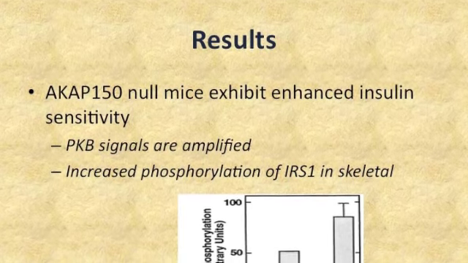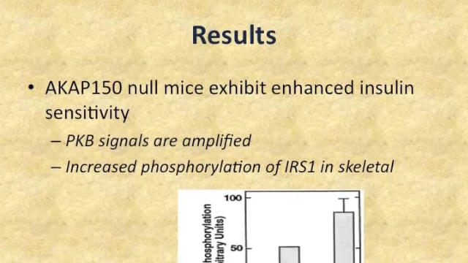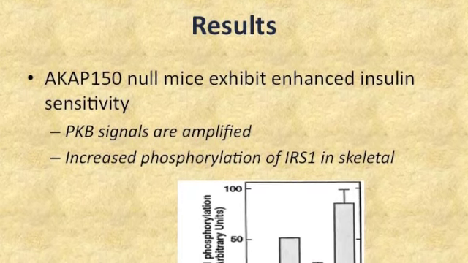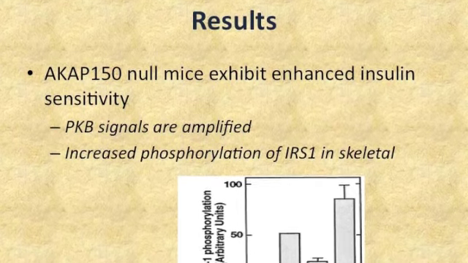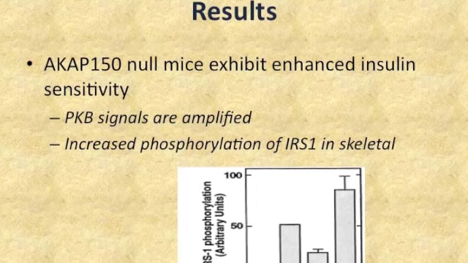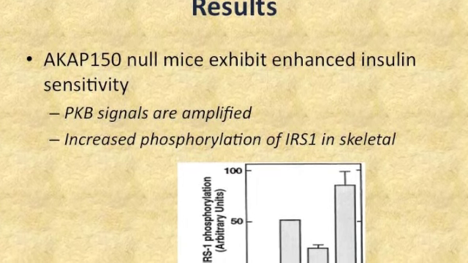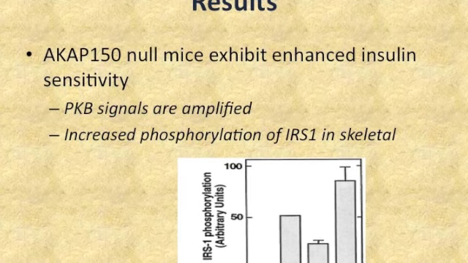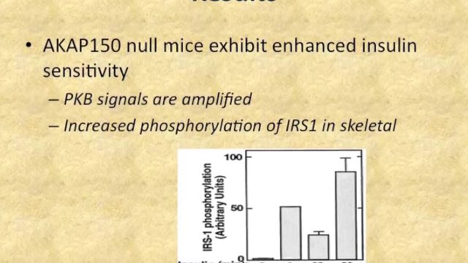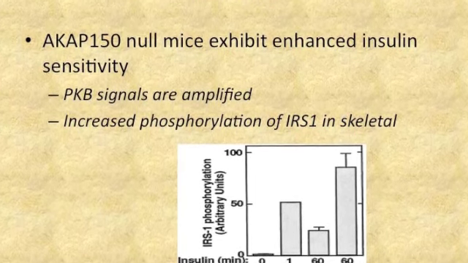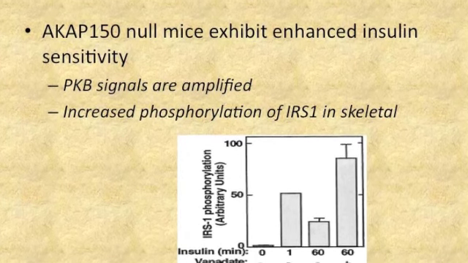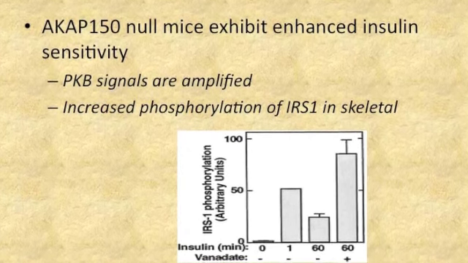Surprisingly, AKAP150 knockout mice showed improved glucose utilization. The authors tested protein kinase B, which is an intracellular mediator of insulin and glucose transport, and found that protein kinase B signals were amplified in muscle, but not in liver extracts. Also, insulin receptor substrate 1 is an upstream effector of insulin receptor activation, and increased phosphorylation of insulin receptor substrate 1 in skeletal muscle extracts was found in